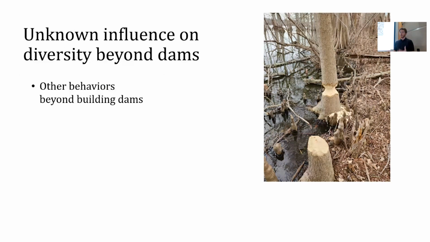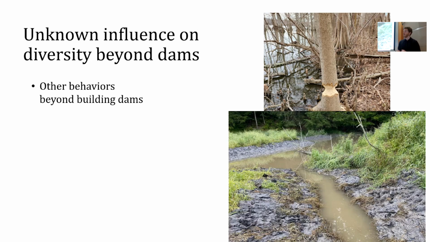So building these beaver dams is perhaps the most notable behavior of beavers, but they do have other behaviors that can be considered engineering and impact the environment. So of course, to actually build these dams, they do chop down trees, not only to build dams, but to build their lodges and to forage as they eat the cambium. They also build these beaver runs in which they dig. It just allows more transportation in water. That way they have to cover less ground to access